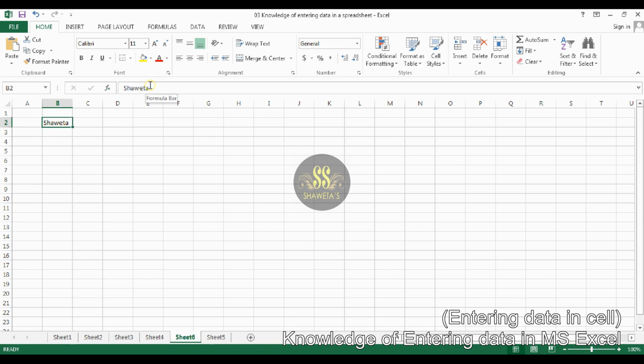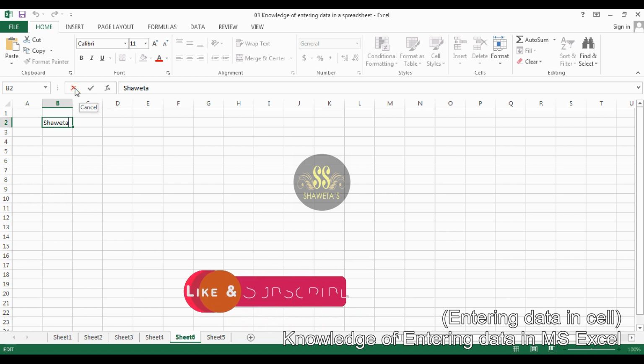Now there are two buttons, that is cancel and enter, that appear to the left of the formula box. The cancel button is used to cancel data entry before pressing the enter key. You can also use the escape key.